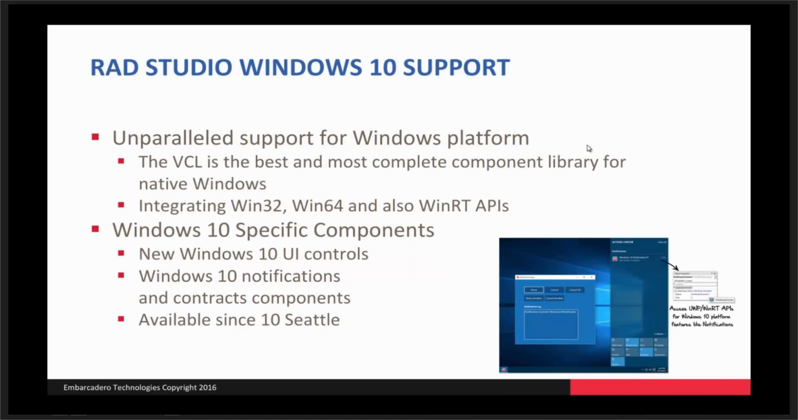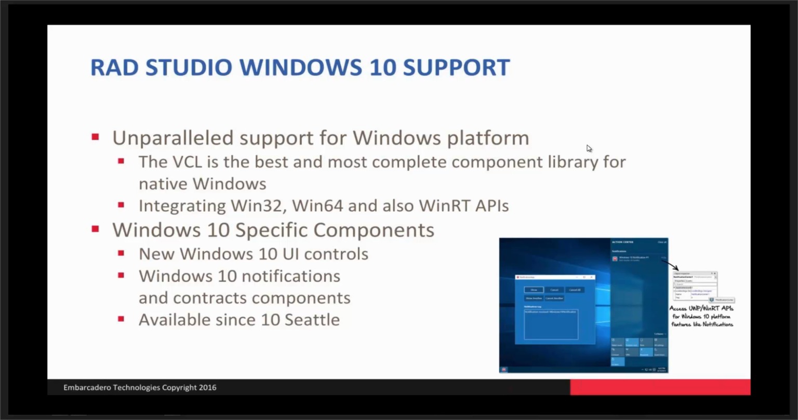Now with RAD Studio, we provide unparalleled support for Windows, including Windows 10. We integrate Windows 32-bit, Windows 64-bit, and also WinRT APIs as well. And we have controls such as the new split view control, the relative panel control, the toggle switch, the activity indicator, and the search box. Those controls were introduced originally in RAD Studio 10 Seattle, and they're Windows 10 specific controls you're able to leverage